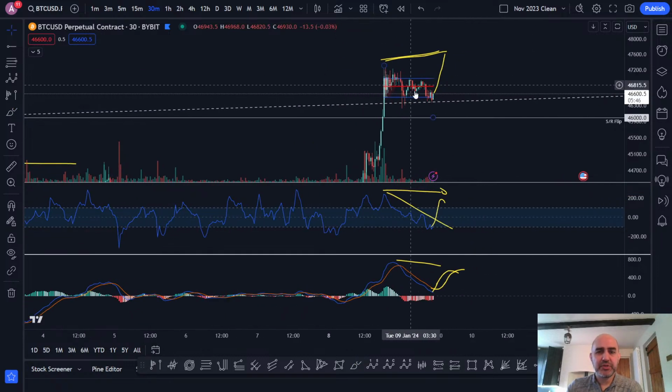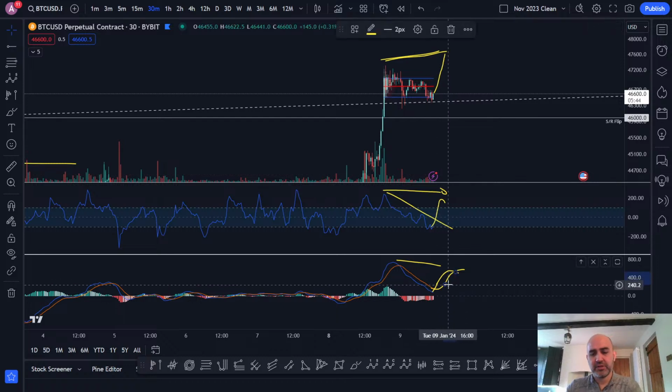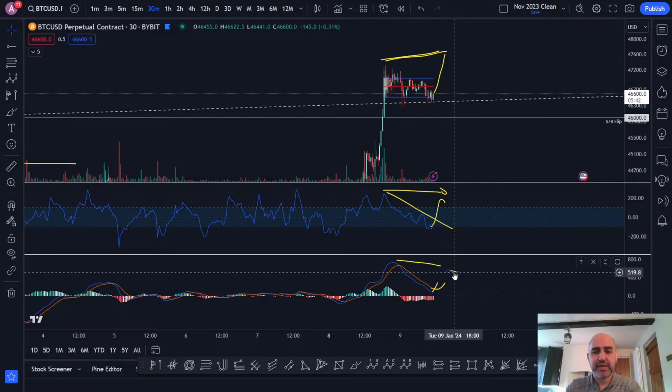So it's just good to know. But at the moment it's very bullish. So I would just be patient. And I think as long as we're not losing